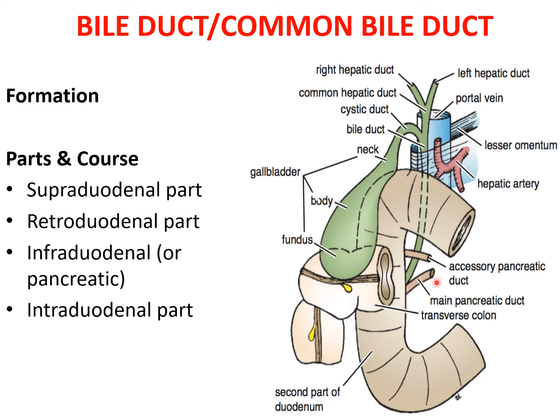the main pancreatic duct. So this you can see is the main pancreatic duct, and it accompanies it through the wall of the duodenum, which I have told you. So this part is the intraduodenal part. Remember that the intraduodenal course of this duct is very oblique. Within the wall, the two ducts usually unite to form the ampulla known as the ampulla of Vater or hepatopancreatic ampulla. I will talk in detail about this ampulla after the relations of the common bile duct.